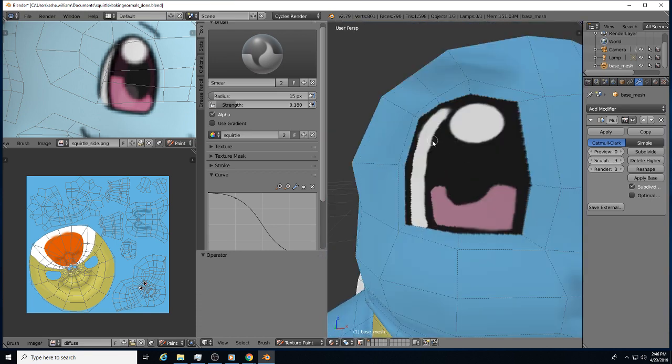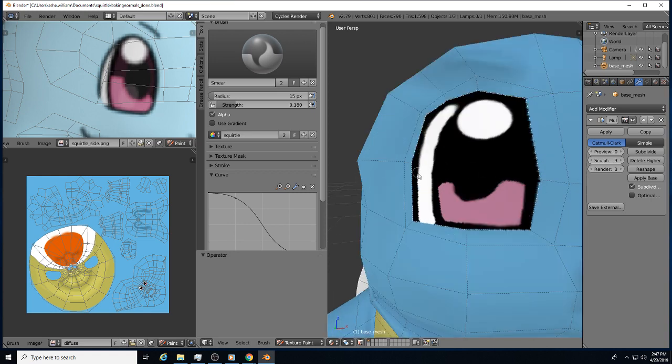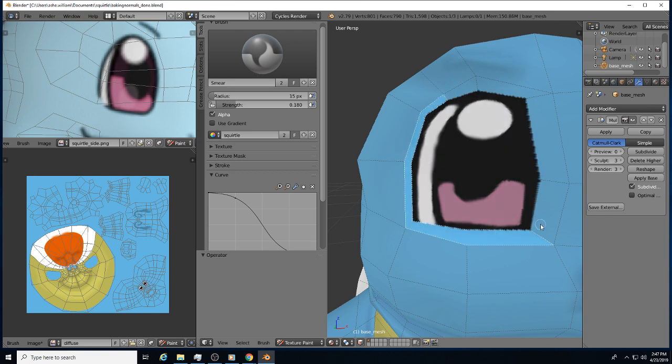Okay, so I'm getting close to what I want on this eye, and I'm really happy with it. Had to turn off the mask. There we go. Beautiful. Okay, and then I gotta fix that edge here again, so I'm just gonna select her on the outside, and then